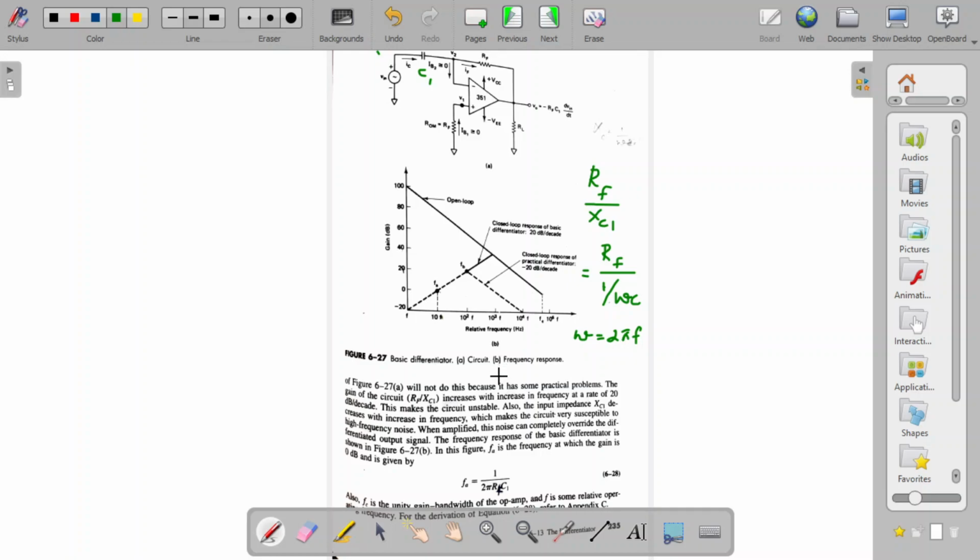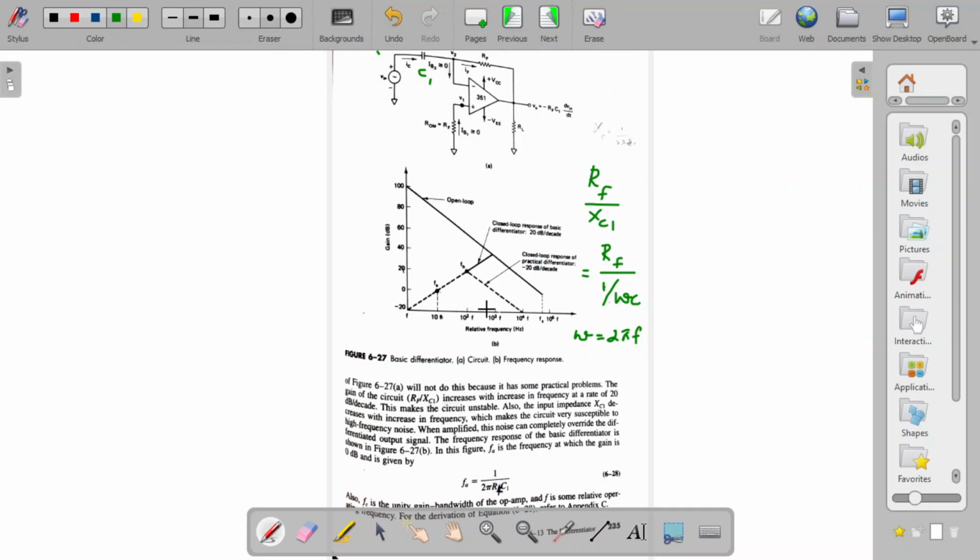And also we can say that with the increase in the frequency, the capacitive impedance will decrease. Since the impedance decreases, even very small noise signals will easily flow through the capacitor. As the frequency increases, the capacitor will not offer much resistance even to low noise signals. So that will also get easily passed through the circuit and it will get amplified.